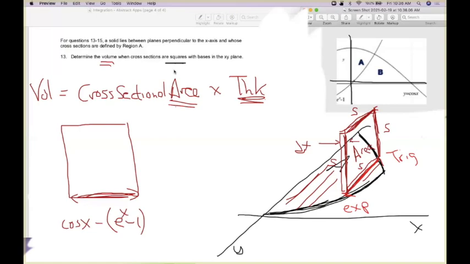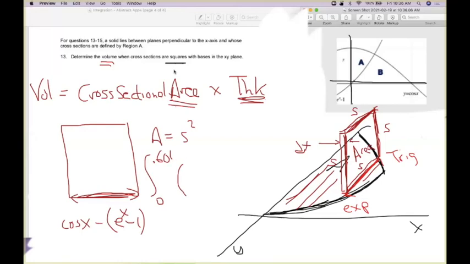Well, for a square, the area is equal to the side squared. So as we go to integrate this thing, what we're looking at is we're going to integrate from 0 to, I think that's 0.601, the side squared times the thickness. Well, the side squared is,